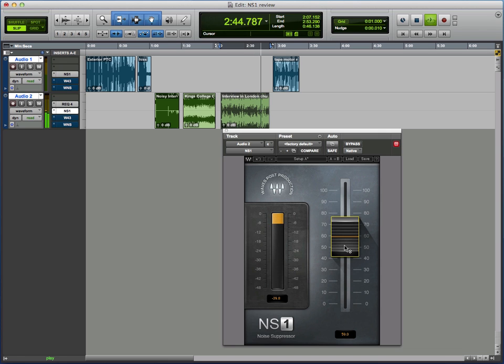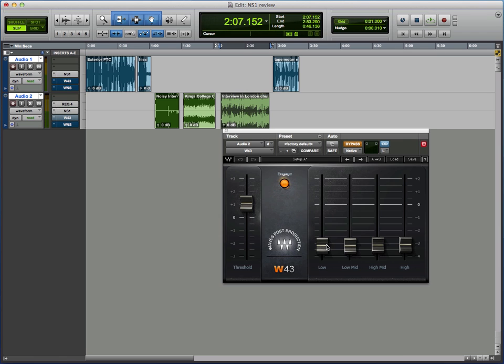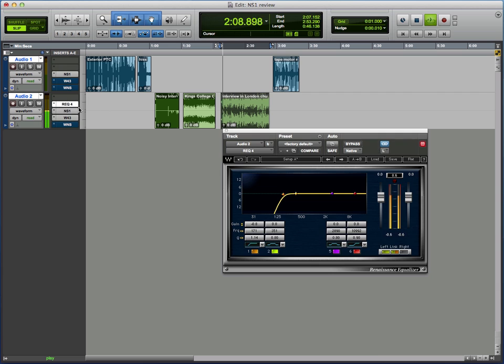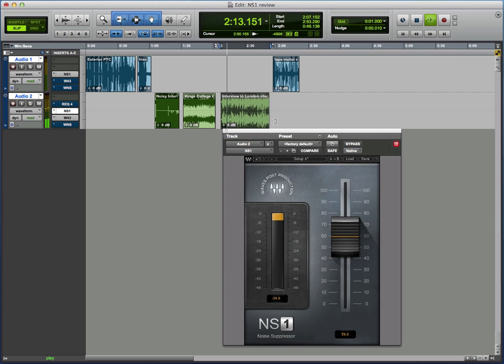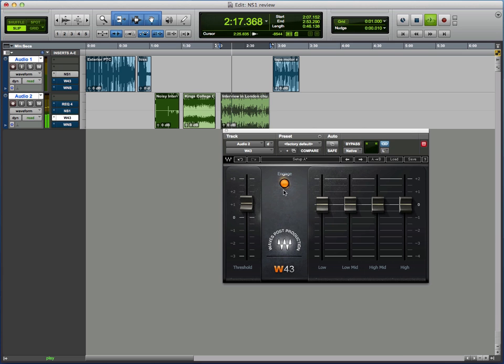And if we compare it to its perhaps bigger brothers, let's take a look now at the W43. If we just put those back to their normal settings, and then hit the bypass, we'll bypass the EQ that I put in, and we'll bypass the NS1. So what we've got now is the Waves